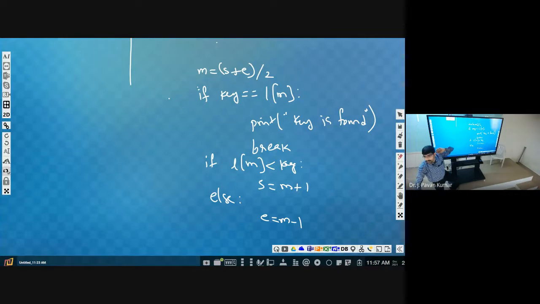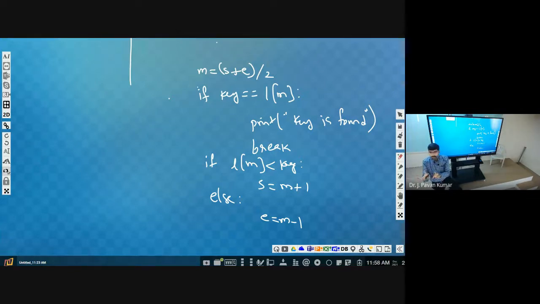Start. Yeah, start is equal to... see, start and end are here. Now start can move here, or end can move here. So in both the cases, what can we say? Start is end plus 1, or we can say start is greater than end, then we have to stop.